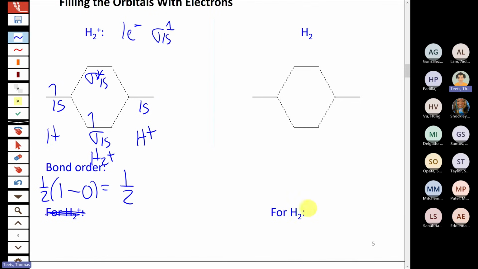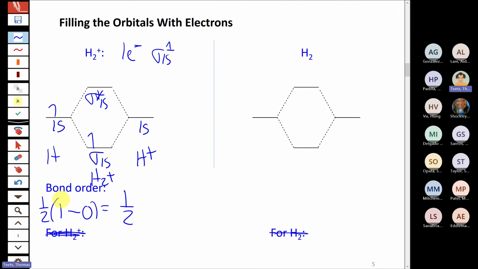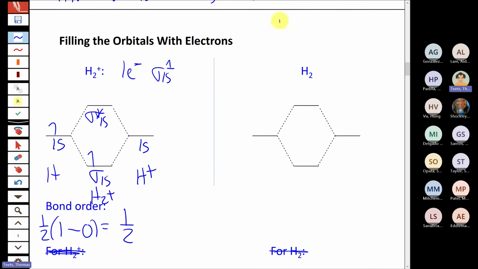Sorry. All right. And then if we go to the other side, here's H2. Now, if you were to draw the Lewis structure for H2, you would just draw it like that, which is very simple. Let's see if the molecular orbital diagram tells us the same thing. So the Lewis structure predicts that it's a diamagnetic molecule with a single bond. So does the molecular orbital diagram agree with that? In many cases it does, in some cases it doesn't, but let's see what the case is here.